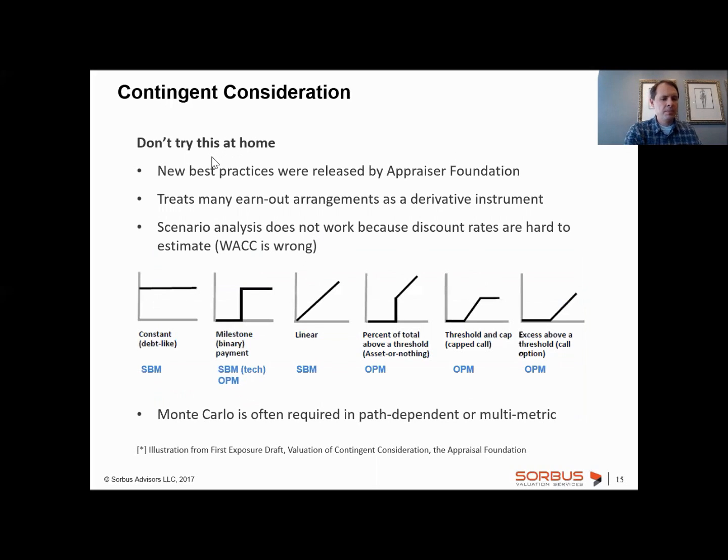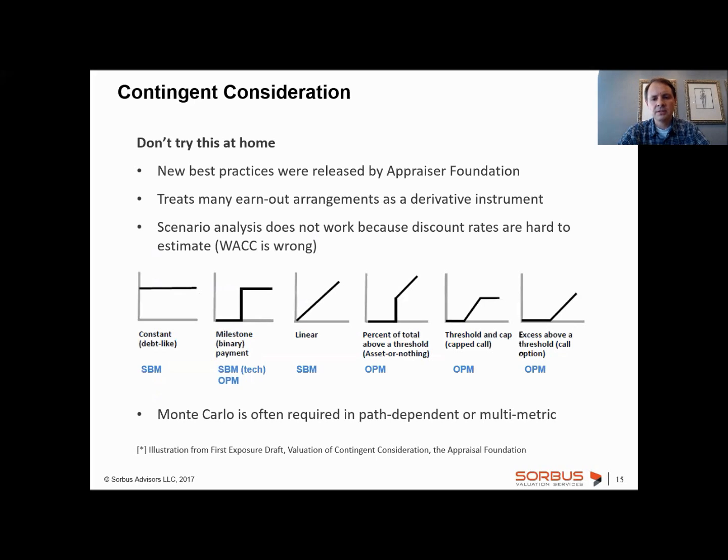So the last part that we'll mention as far as things that get valued is the earnout. So the earnout or contingent consideration has to be recognized on the balance sheet as a liability, and it then has to be marked to fair value as a company progresses through the fulfillment stage or ultimately gets resolved or written off. Now, contingent consideration may or may not be pretty complex. Depending on what kind of conditions are attached to that agreement, different methodologies apply.